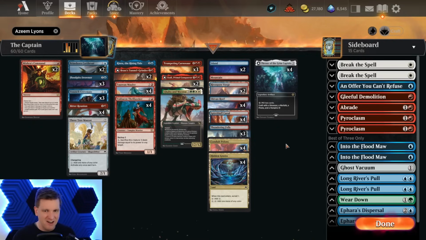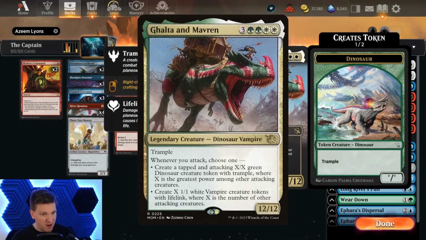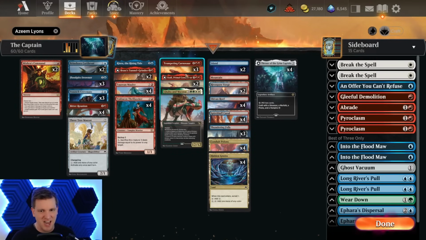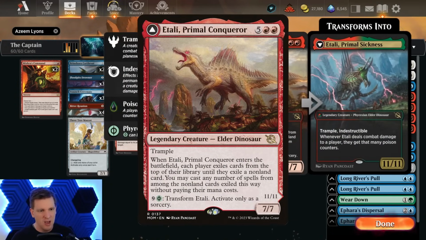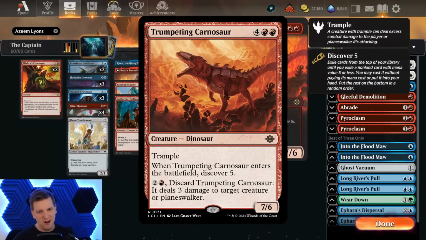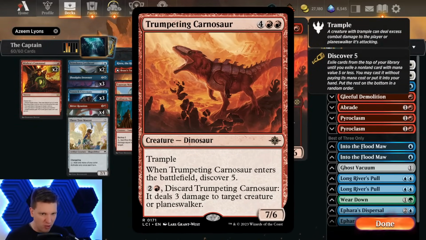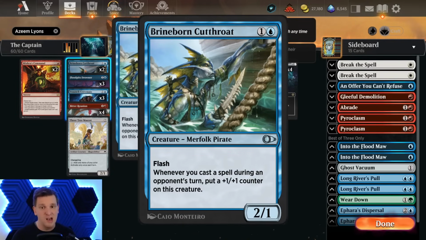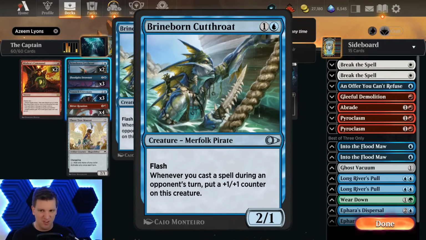It's a glass cannon approach, but what if the entire deck were that cannon? Look at all the cards chosen for this deck. They fulfill the roles in so many ways. Of course, we have the dinosaur vampire. That is 2 types potentially in Galta and Mavrin. We have some very large dinos like Itali Primal Conqueror, which gives you so much value if you play it off of the throne. We have Trumpeting Carnosaur that we can discard to use as removal while we set up our throne. But then we also have Brineborn Cutthroat, both a merfolk and a pirate, so can fill 2 different